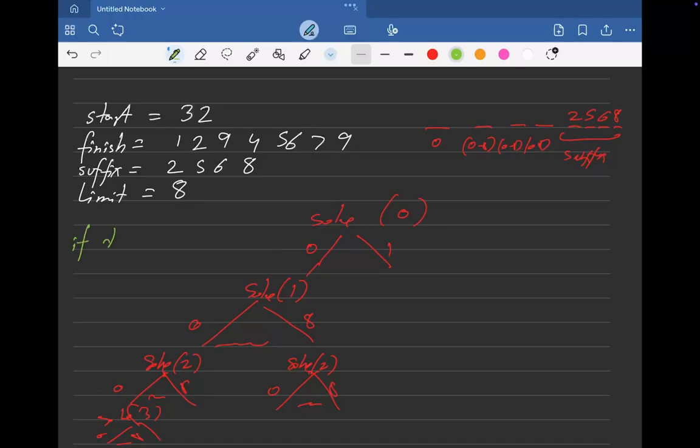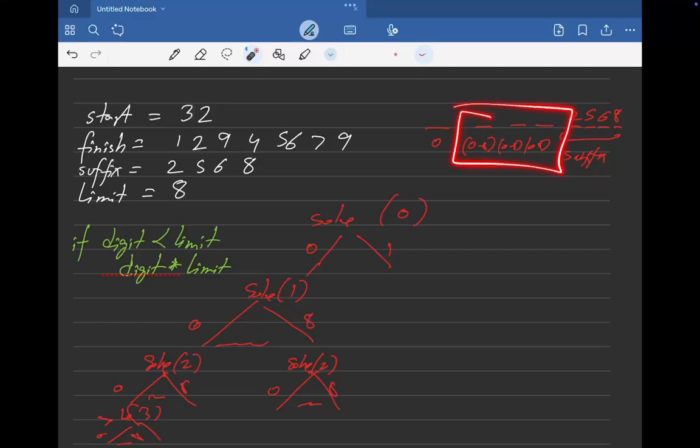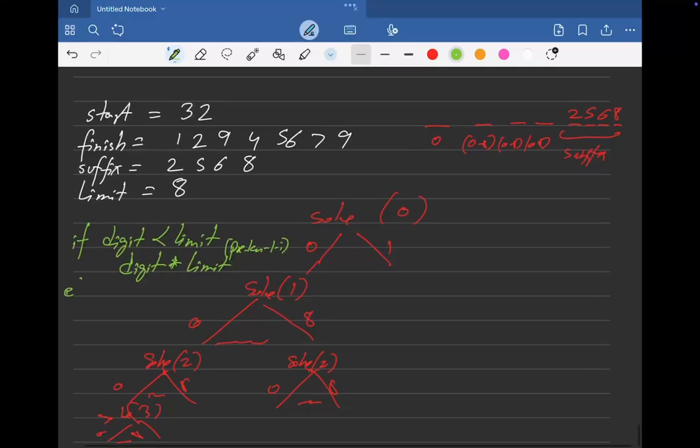If my current digit is less than limit, then I can place digit values on that particular index multiplied by limit raised to the remaining slots. What is the remaining slots? Remaining slots is prefix length minus 1 minus I slots, right? Else I will write it,